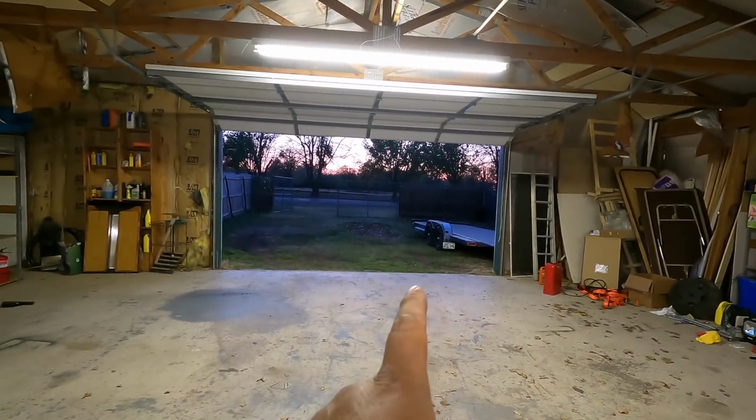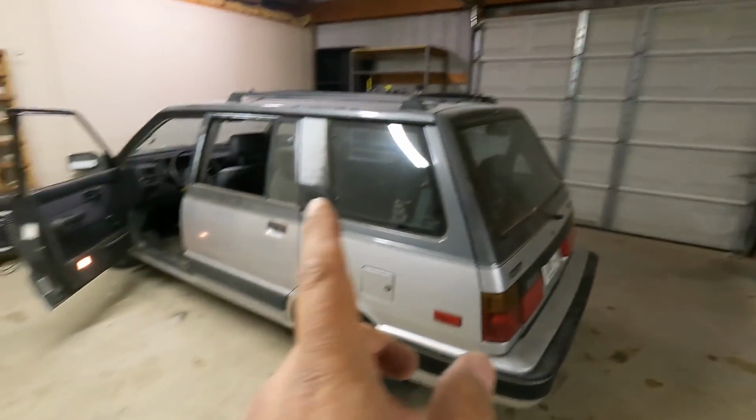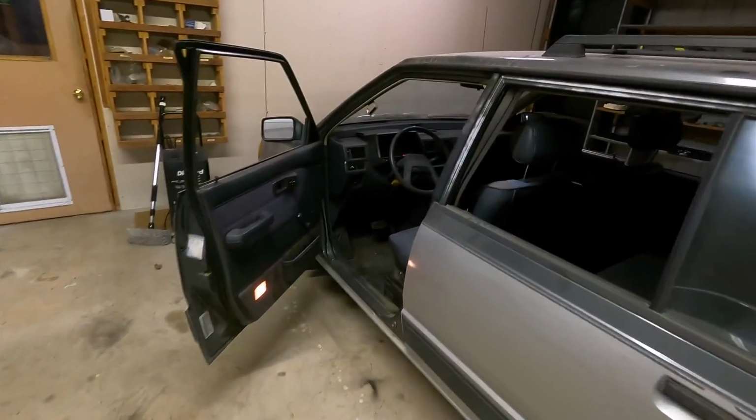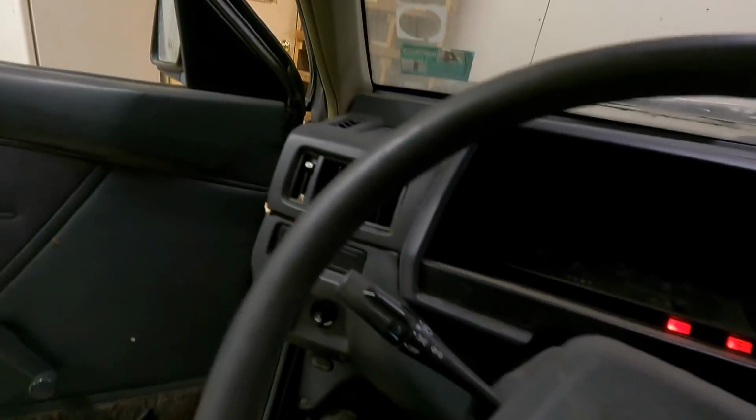All right, the trailer's moved. I changed the battery terminal on this because it was just totally shot. So now it'll run on its own without the need for a...